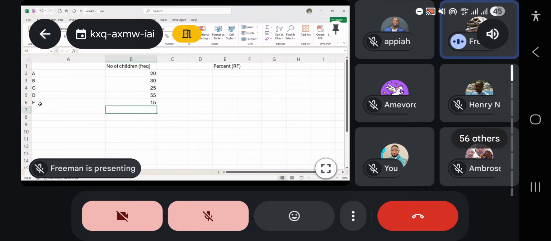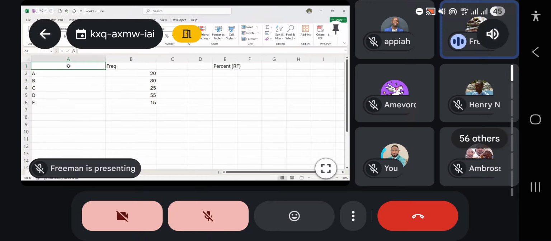Beyond 7, it looks so clumsy that it's better to use a histogram or a bar chart. So if you have this data set you want to illustrate in a pie chart,